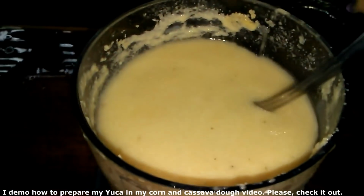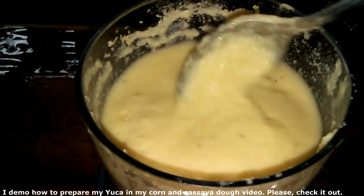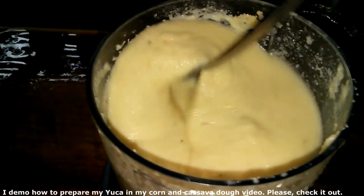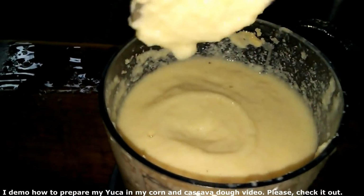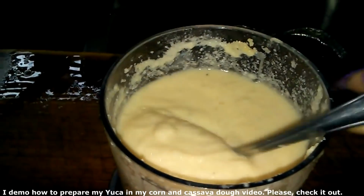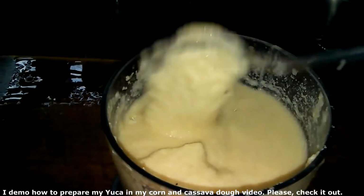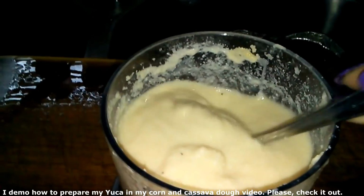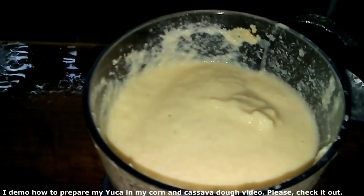So this is how the combination looks like. It's not too soupy or too watery, and it's not so pasty either. If you can see, I can scoop it with my spoon basically. So if you are blending it, make sure that you can scoop it at least with your spoon. Okay, so I'm just going to go ahead and pour it inside the saucepan, and carry on with the remaining